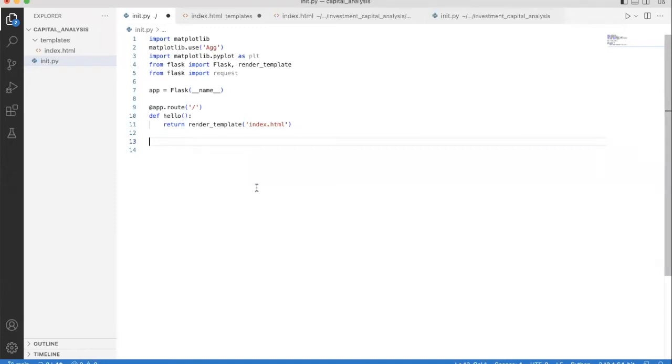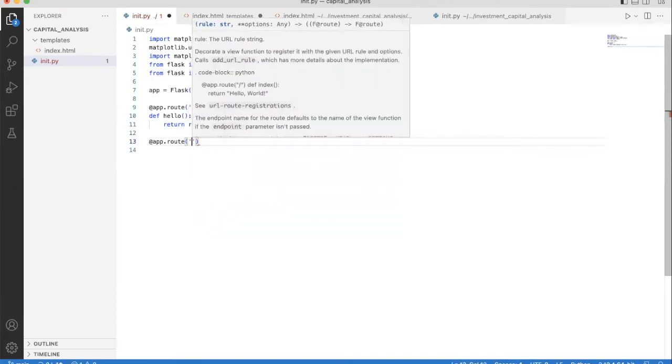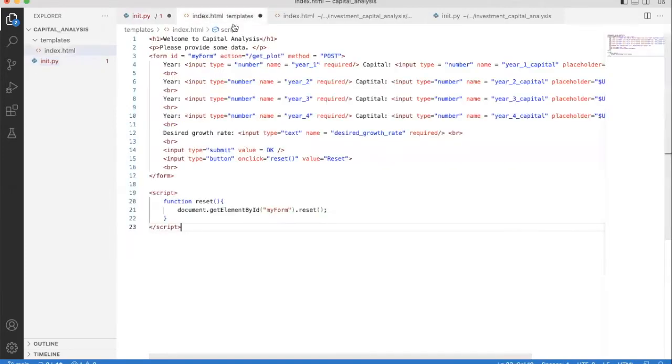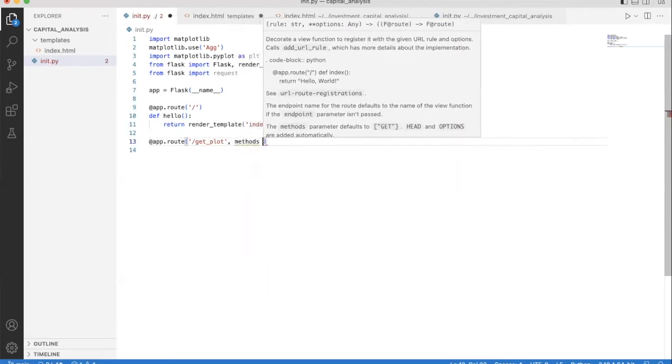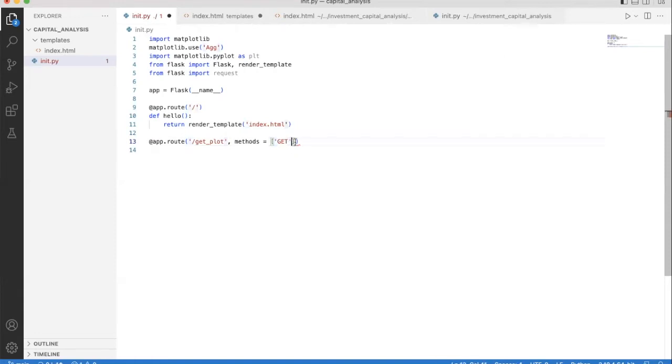Let's write the function, and I will call it first at app.route get plot. Remember, this is because in the index file, the action is get plot, so you're supposed to use the same name here, and the methods equals